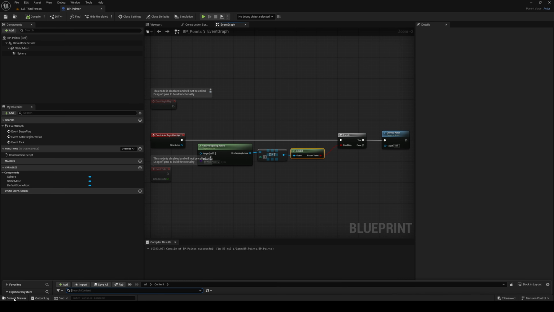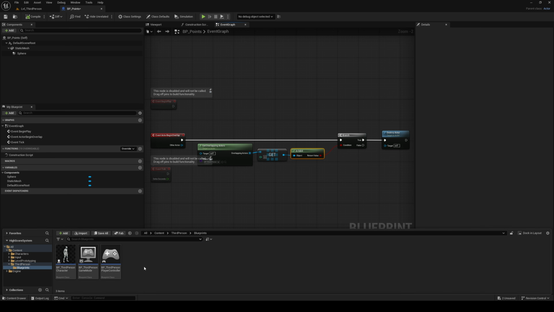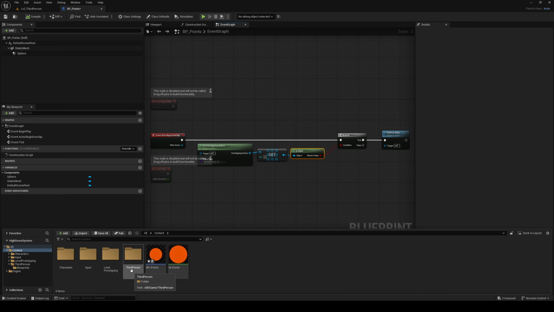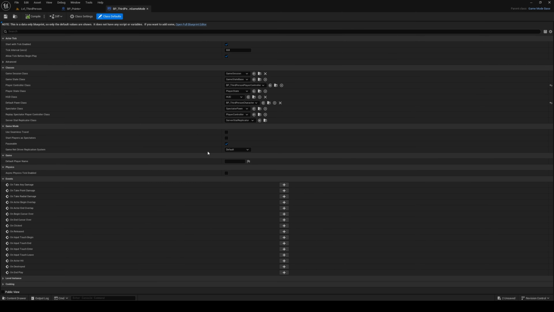We can put that in our game mode. So if you have UE5 5.6 or 7, whatever the newest one is right now, you can go into your content and open up the third person folder, open up blueprints, and you'll see a third person game mode here, or we can make our own game mode, but I'm just going to use the one that they already have here. Open this up,